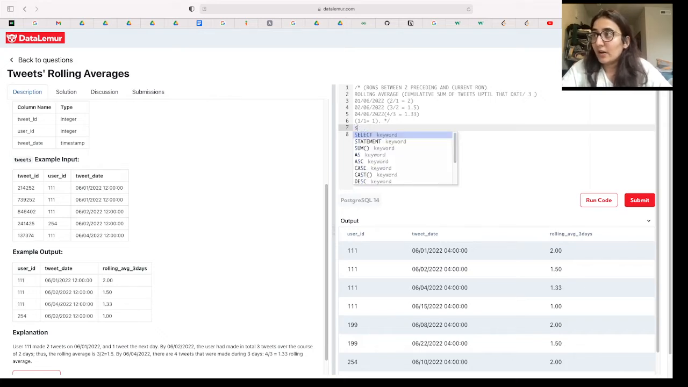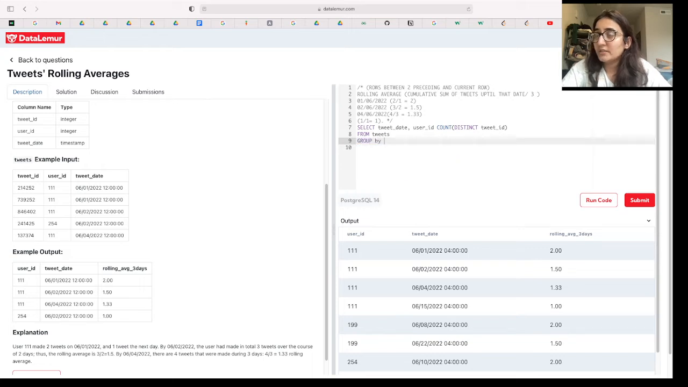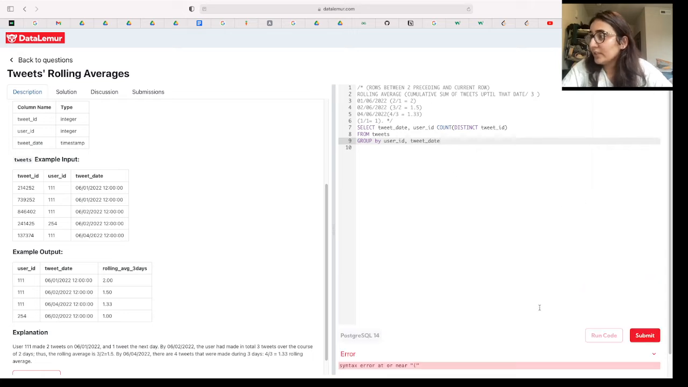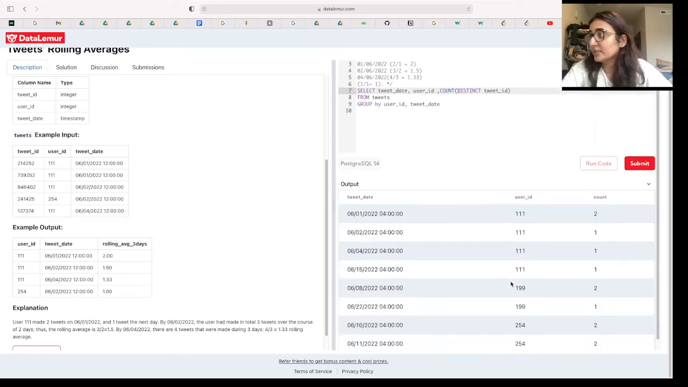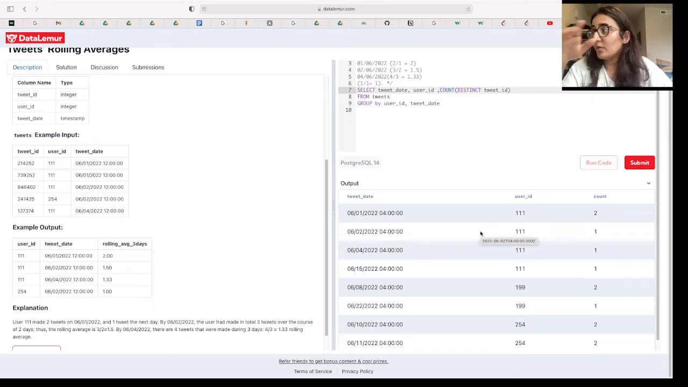Select tweet date, user ID, and then we count the distinct tweet IDs from tweets, and then we group by user ID and tweet date. Let's see how our output looks. Oh, I always miss these because of syntax errors. Okay, perfect. So now we have this important information that gives us the total count